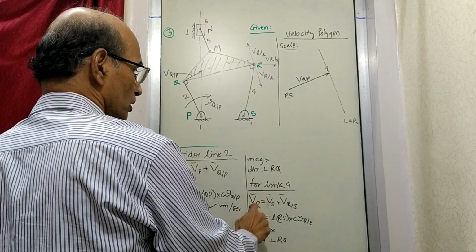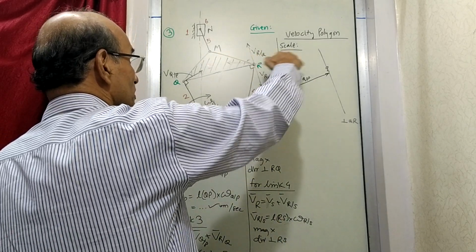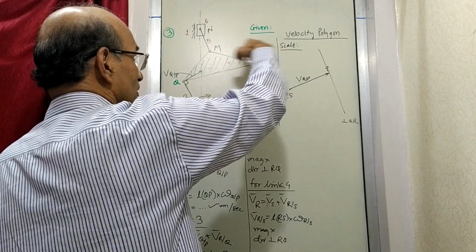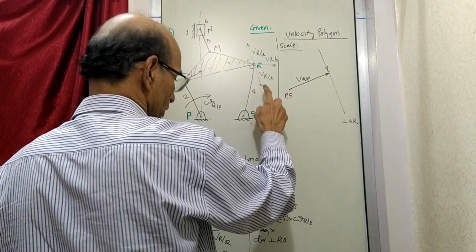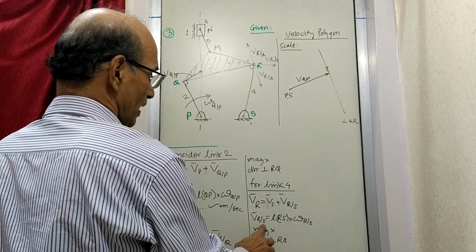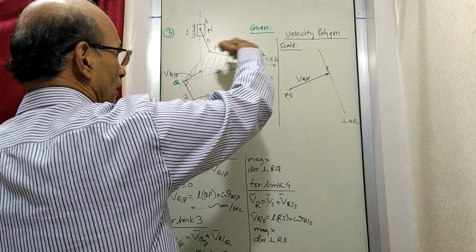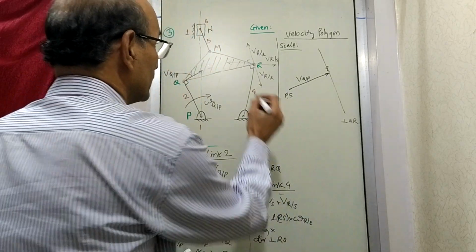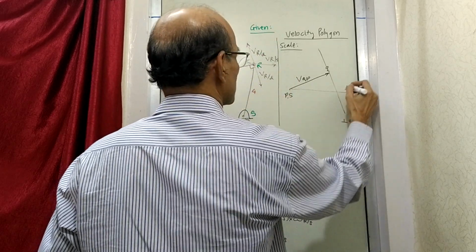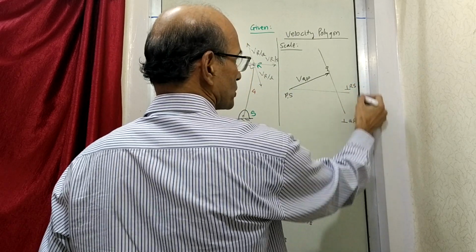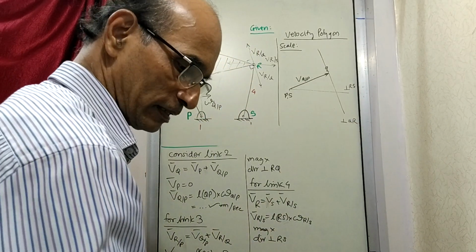Now consider link 4. We have written the equation, and now we are going to show the velocity of R with respect to S, which we have already found out to be perpendicular to RS. So this line is going to be perpendicular to RS. S is here, so this vector R with respect to S has its tail at S, and the head we will get after we draw the line. So let me draw the line like this from this point. This is drawn perpendicular to RS. These notations you have to write: perpendicular to RS, perpendicular to QR. How you have drawn the line, you have to mention.